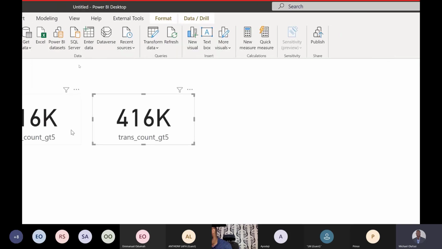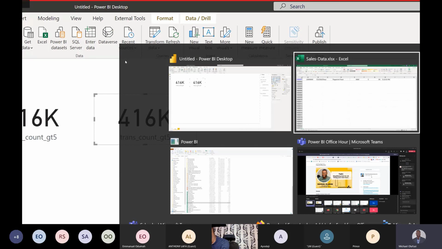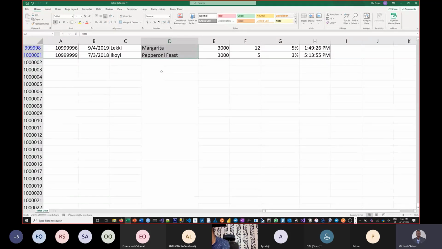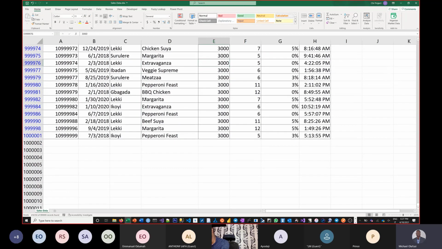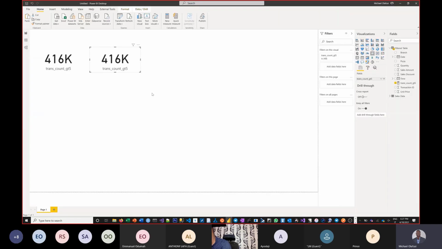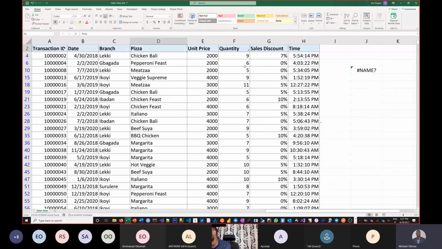Now, what if I'm not trying to count the transactions? What I want to do, I want to sum the money we made. I want to do like a sum if, right? So in Excel, you will have done sum if. Let's go do it together now so that we can always compare results. If I remove the filter that is here,